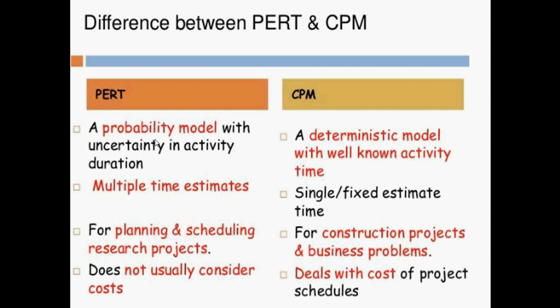So at that time you can go for PERT. And if the data is known to you and you know that it is fully manufactured and only time or cost is the parameter, then we can go for CPM. That means a deterministic model. So these are two models, probabilistic and deterministic. Uncertainty is available in PERT, but in the case of CPM it is not available. So this is the importance of CPM and PERT.